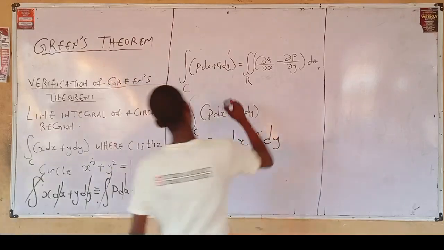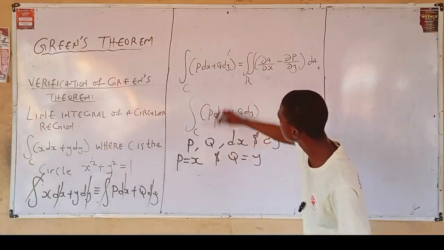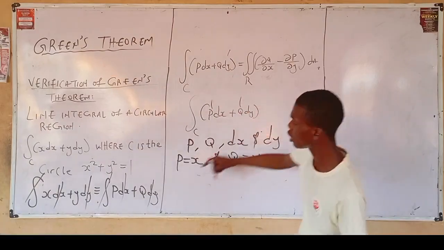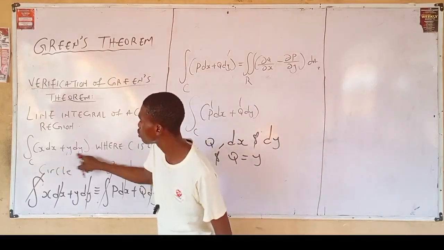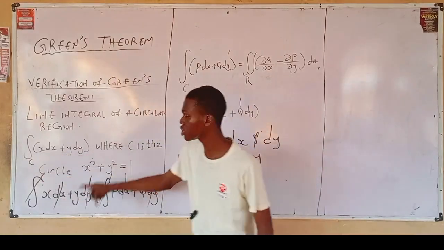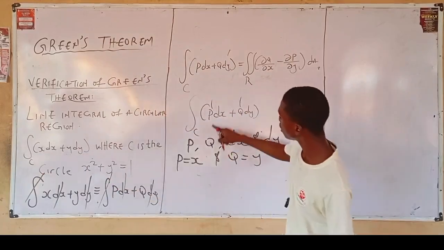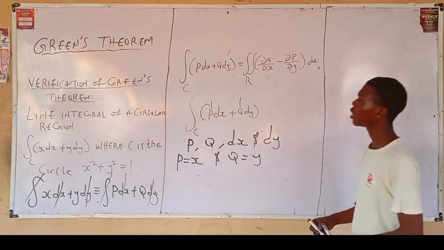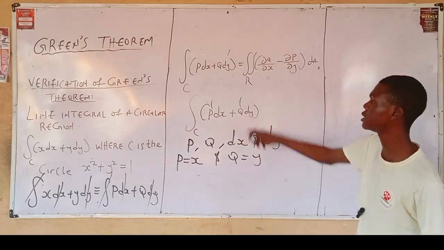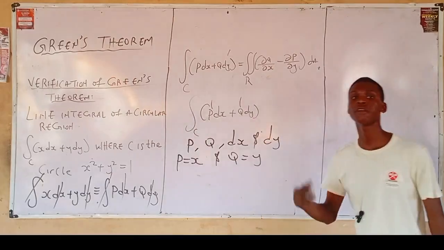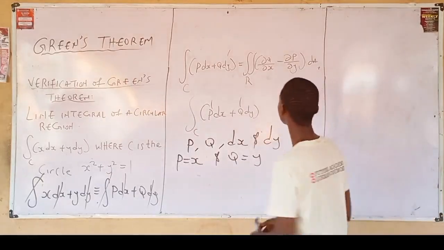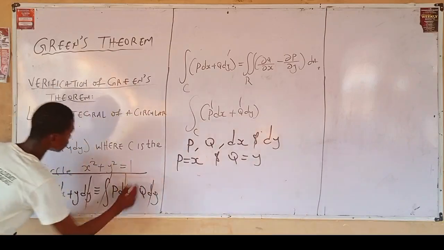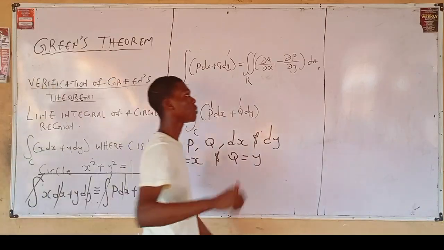So what this means is that P is equal to x and Q is equal to y. Using this formula, you substitute x and you substitute y, which is given in the question itself. So there's no stress on that, because from the question itself you already know P and Q. Now how do you get the x and the y? We said that to get the x and the y, a function must have been differentiated. Now take note, for a circle, whenever you see Green's theorem having an equation of a circle, the formula for parameterization